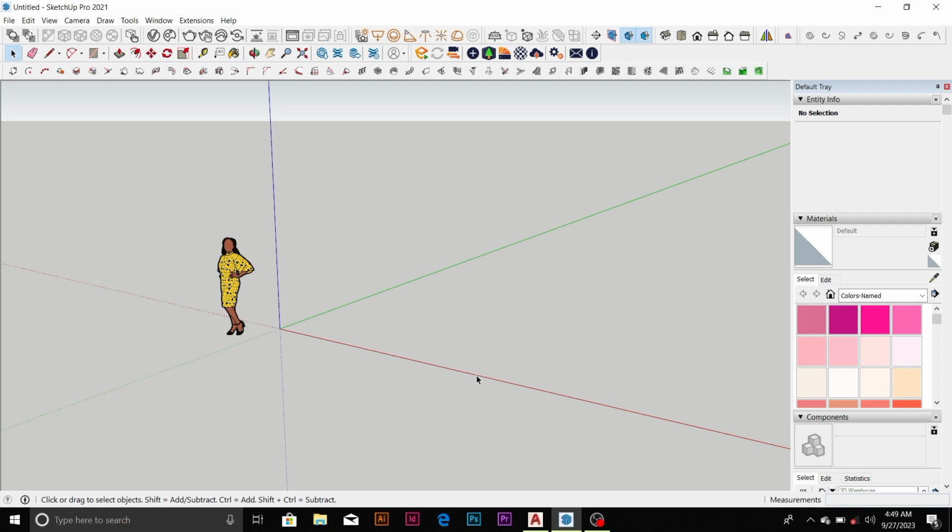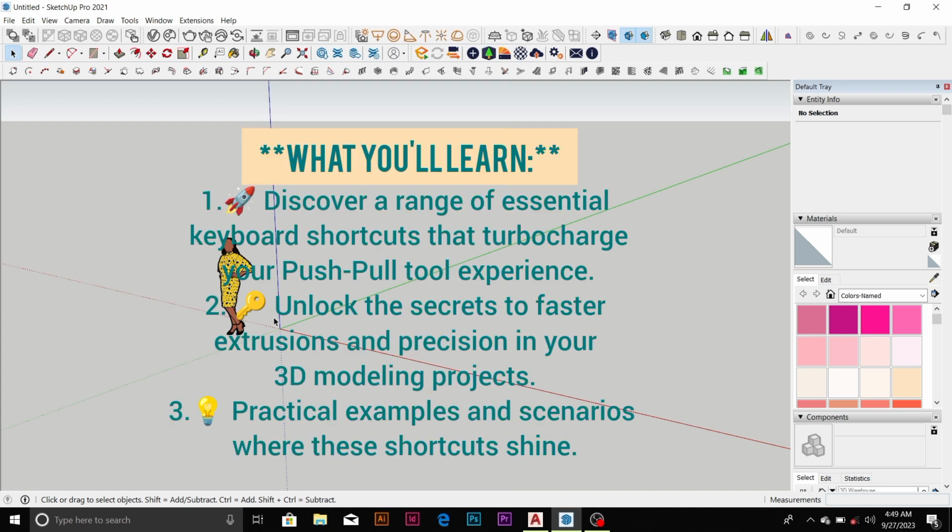In this SketchUp tutorial series, this episode we are diving into the world of efficiency and productivity by uncovering the time-saving magic of push pull tools shortcuts. What you are going to learn: discovering a range of essential keyboard shortcuts that will change your push pull tools experience, unlocking the secrets of faster extrusion and precision in your 3D modeling projects, and practical examples and scenarios